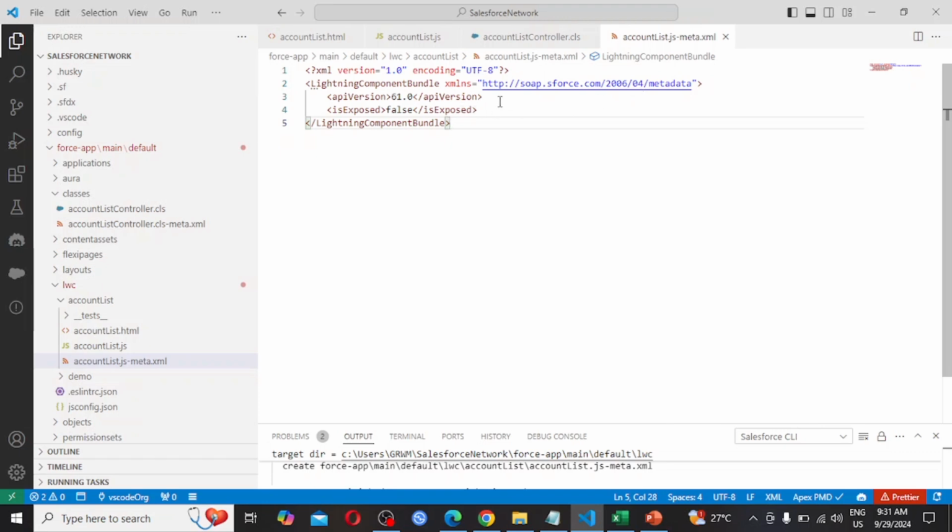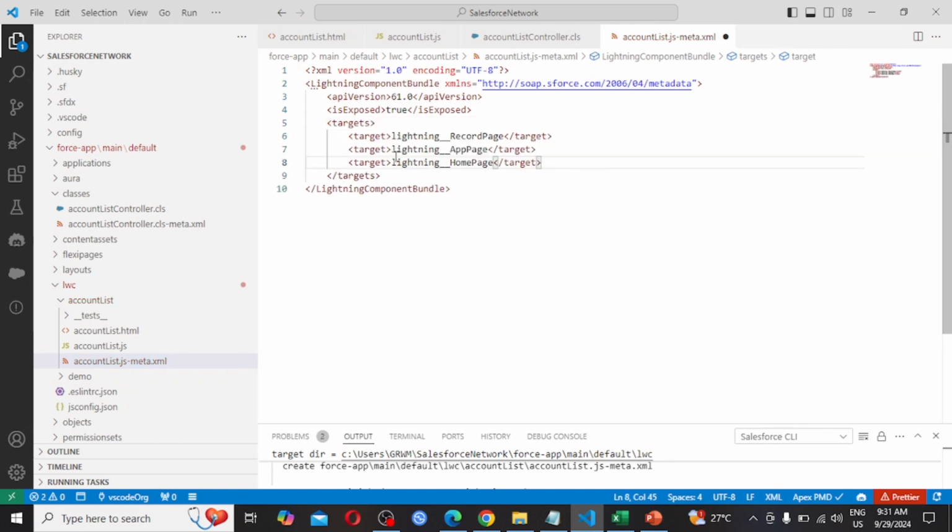API version 6.1.0 is there. isExposed, by default it is false. We have to make it true. Then we have to define the targets. So here I am going with lightning record page, app page and home page. Save this.